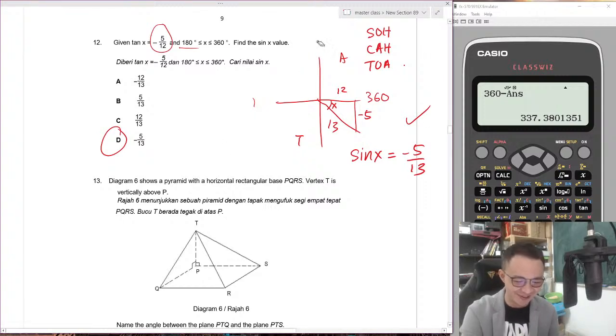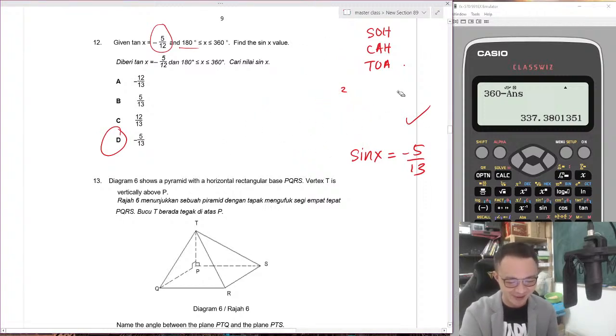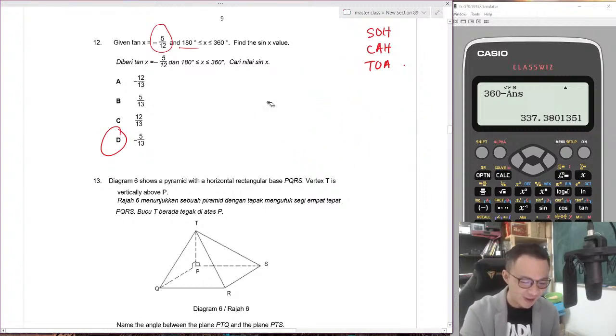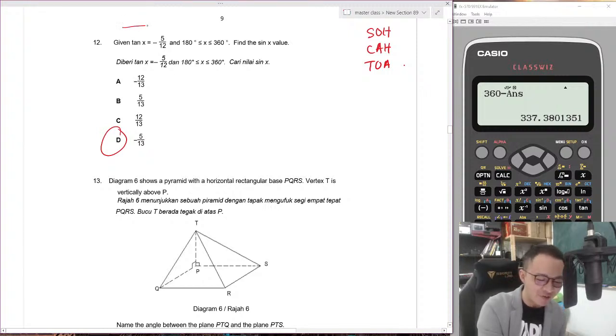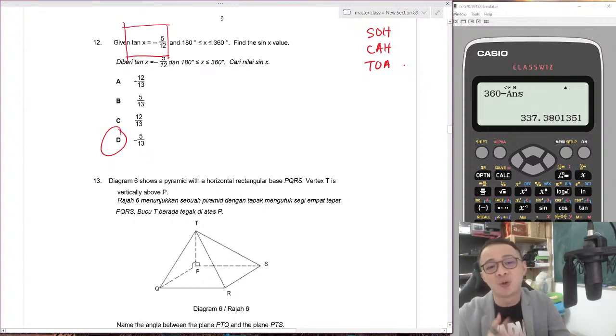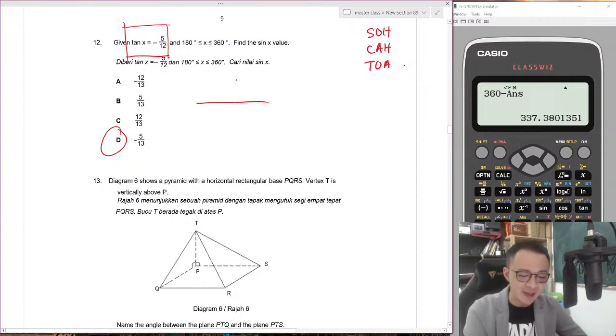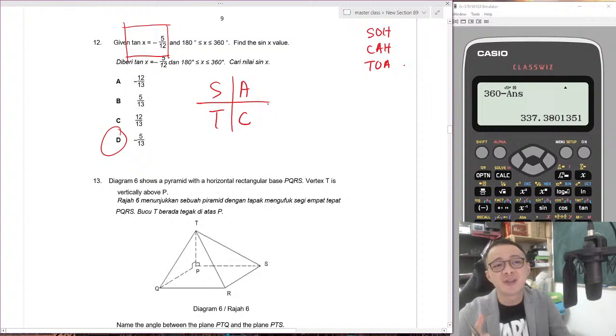Okay, let me repeat again. First, we have tangent -5/12. Then you have to ask yourself, tangent will get negative at which quadrant? I think you definitely learned about "add sugar to coffee", right? Add sugar to coffee tells you what? At first quadrant,